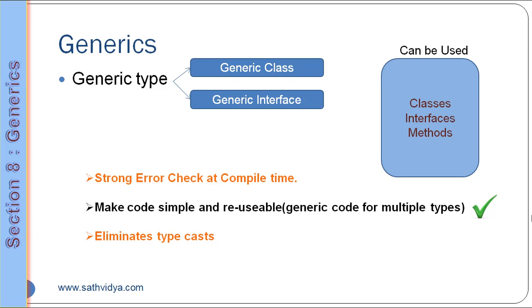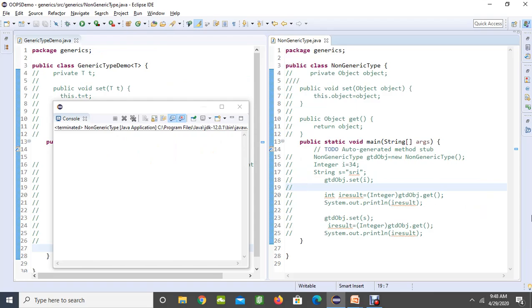Sometimes when we go through the program, some compile time errors we can rectify then and there, but sometimes it is not going to give you a compile time error, and when you run it we get runtime errors. Such errors are very difficult to handle, and to avoid such cases, generic types also help us to make a strong check at compile time itself. So here I want to show you an example, one with a generic type and one with a non-generic type. Now let's see what happens with the non-generic type.